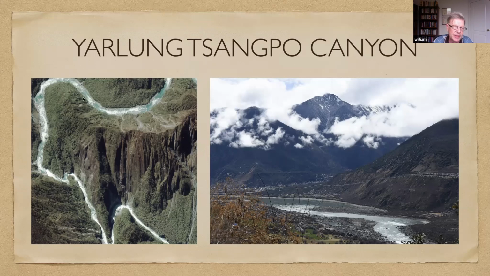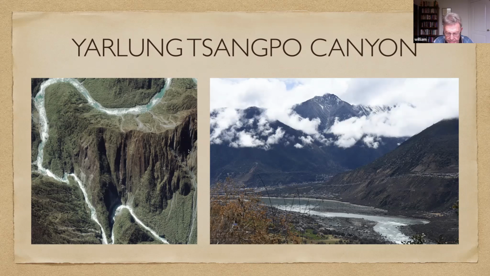You can get a sense from this picture on the left how it is approximately 800 miles long and 200 miles wide. The valley descends from 15,000 feet to 9,000 feet. So that's a 6,000-foot drop. That would be like starting 1,000 feet above Denver and coming to Camarillo. So it's a pretty steep drop and very scenic.